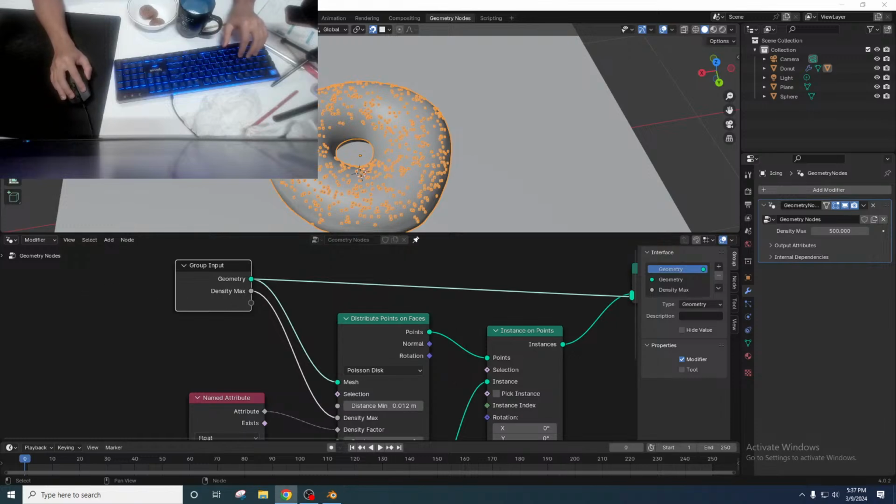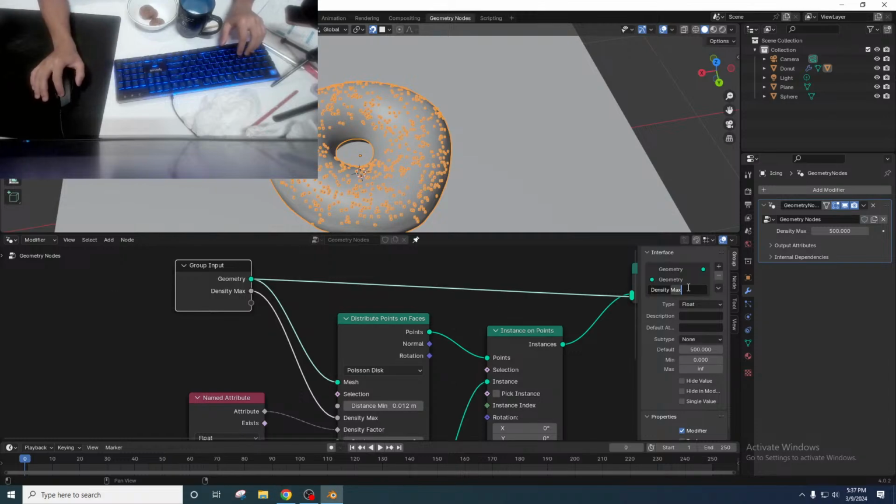I want to give it a different name because density max, you know, not really that useful. I can call it sprinkle density, right? So now it's like a fully customized little node group that